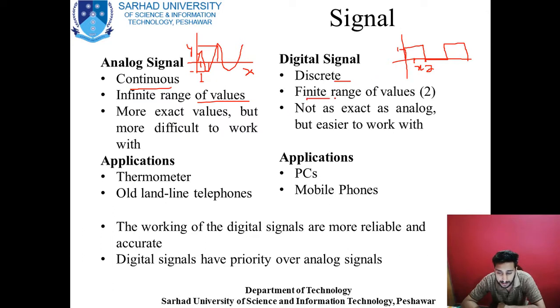And you see what is meant by a finite range of values. The range of values will be finite. Either it will be +1 and 0, or it may be +1 or -1. So there will be a finite range of y values, whereas in analog signal there was an infinite range. You are getting y over here, you are getting y over here. For every point of x you are getting a different y. So there was an infinite range for y. So this is the basic difference between digital signals and analog signals.